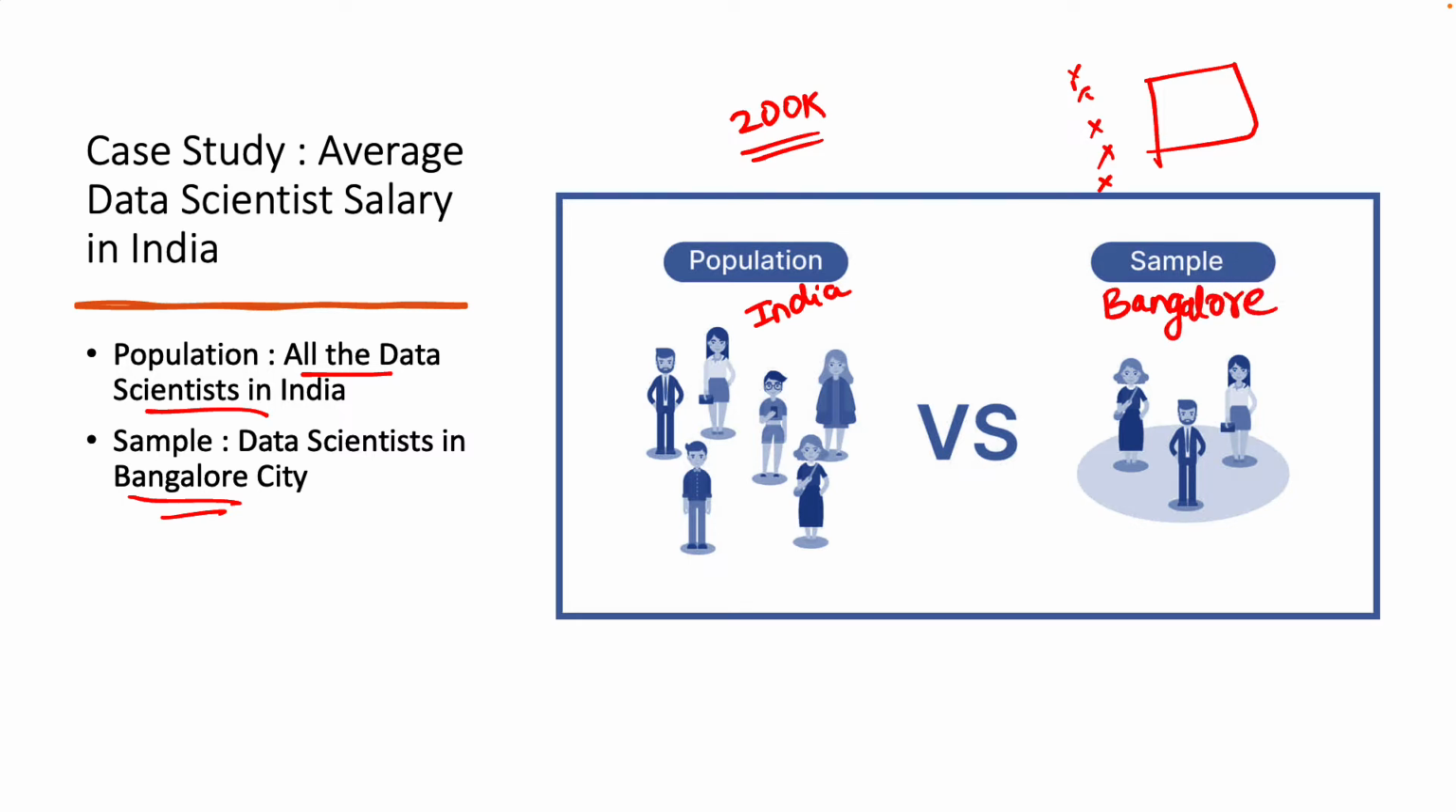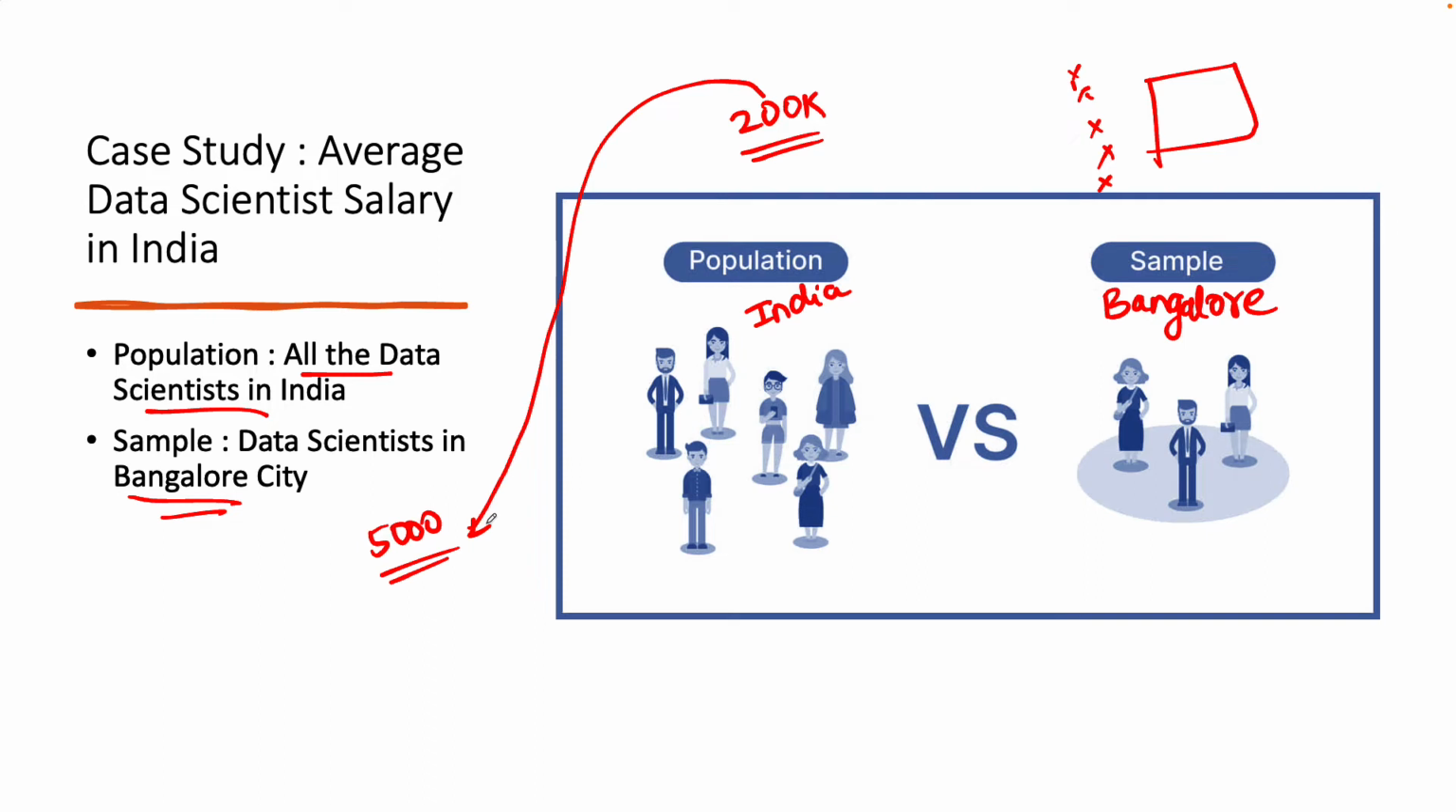Okay, so what you have done is you have selected a sample from the population. Now, if you choose the city of Bangalore, let's say you have 5,000 people who are working in the field of data science in Bangalore city. Compared to the 200K, 5,000 is easier to collect the data from, isn't it? It's easier for you to call them or find a way to interact with them and get their salary